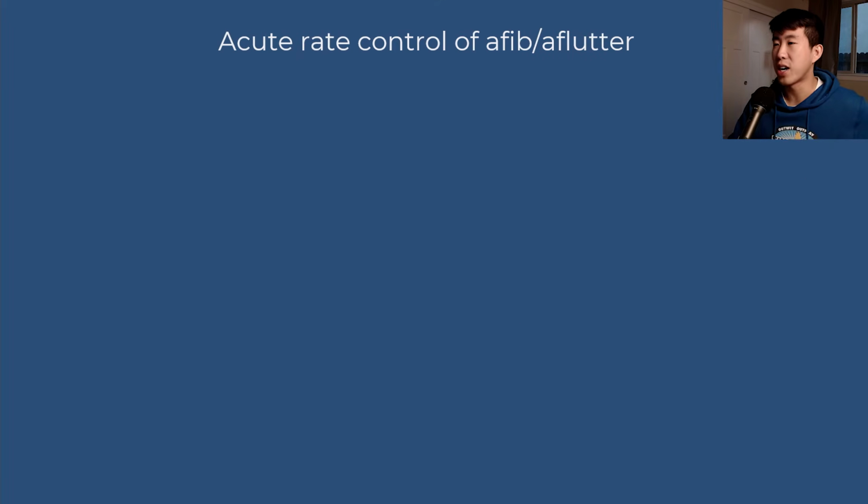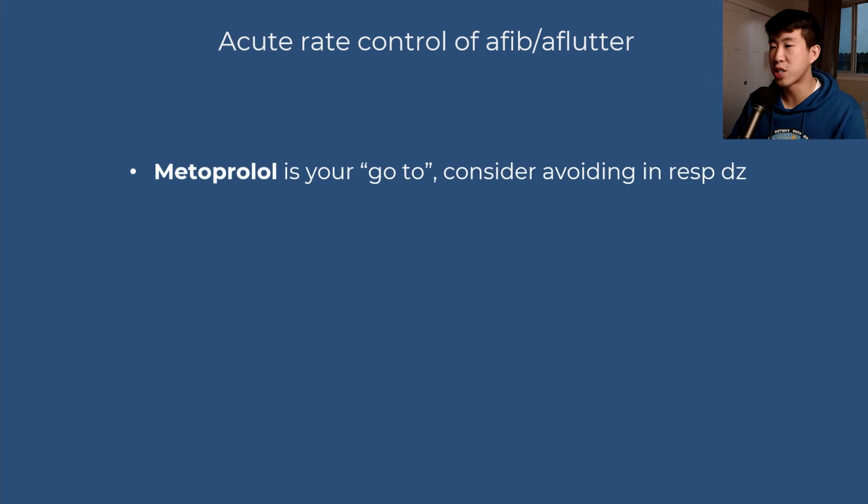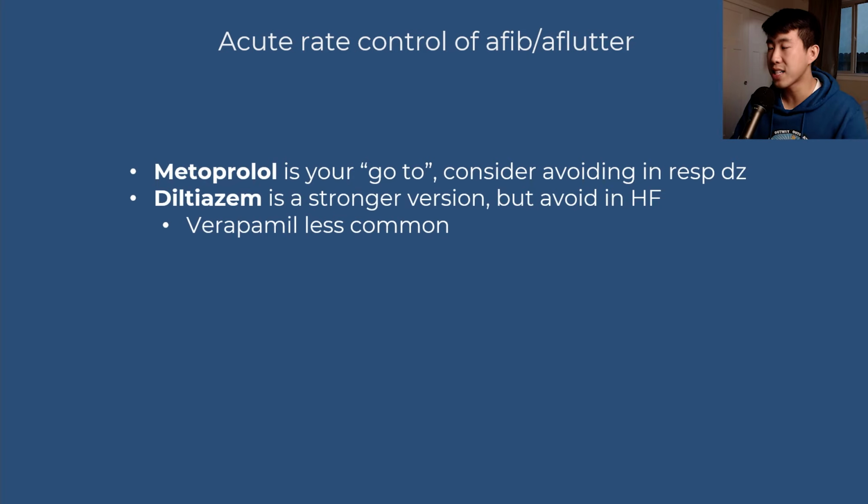So let me just summarize this because that was kind of a lot of information. So first, metoprolol is kind of my go-to at least. Consider avoiding it in patients with respiratory disease, but it's a very well-tolerated initial approach to AFib with RVR. Diltiazem is going to be a little bit of a stronger hitter, but you got to make sure to avoid